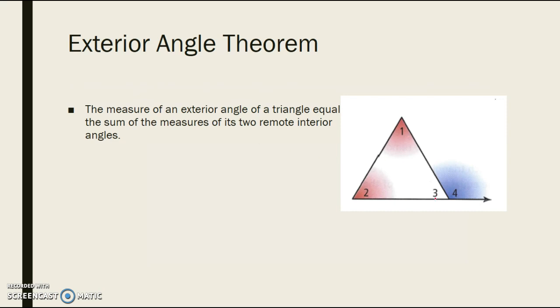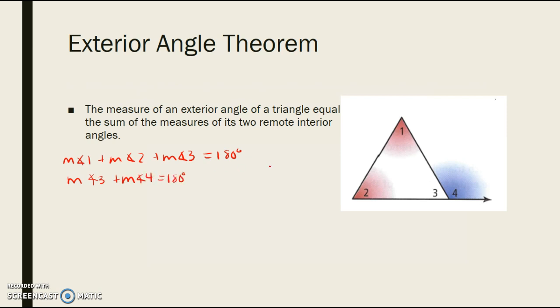So if we remember, our interior angle theorem states that the measure of angle 1 plus the measure of angle 2 plus the measure of angle 3 equals 180 degrees. Now when we look at our picture here, we notice that our adjacent angles, angle 3 and 4, are a linear pair because remember, a linear pair are two adjacent angles that form a line. And so that means, being that they are a linear pair, angle 3 plus angle 4 would also equal 180